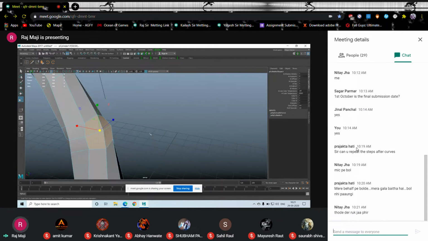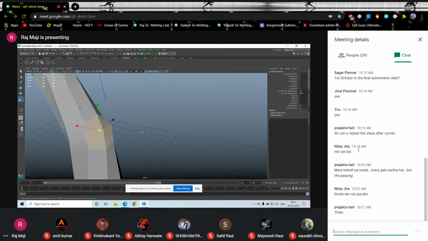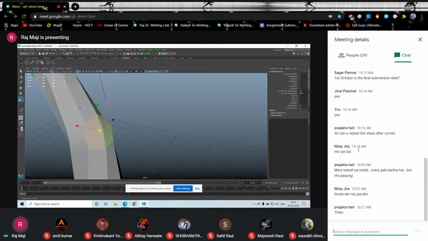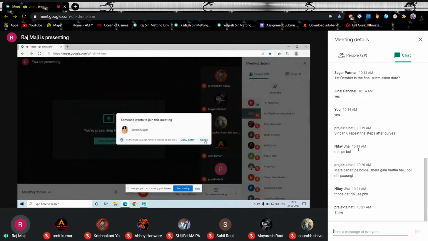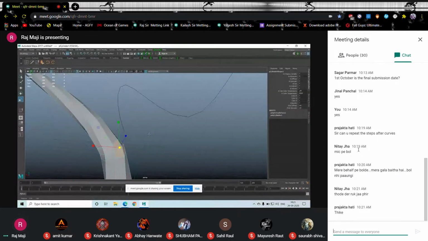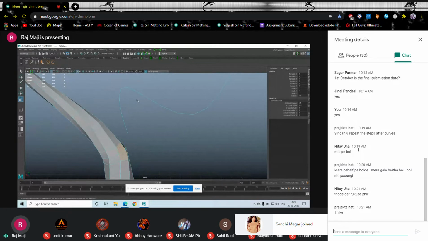In Maya 2019, if you are using 2019 or 20, I know so many of you are using. You just select the faces over here, go to edit mesh, and I guess third or second option is circularize. So you don't have to do it manually, just select the faces and click on circularize. It will be automatically done. Okay,